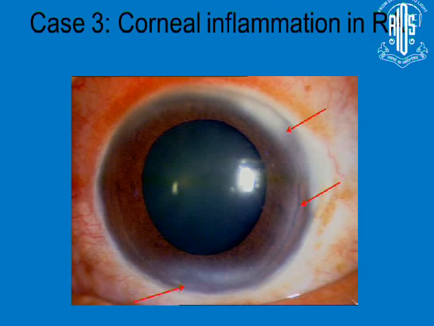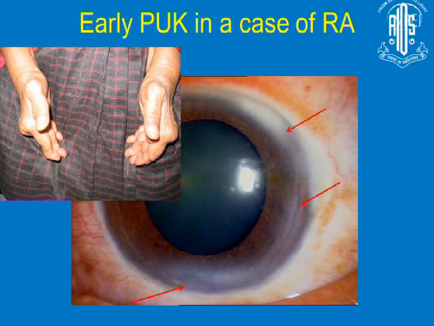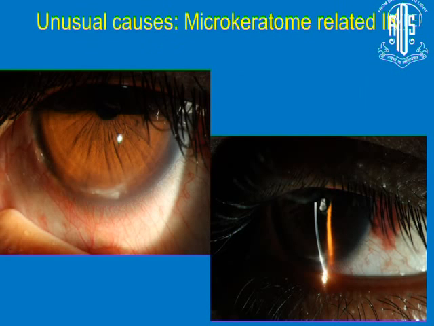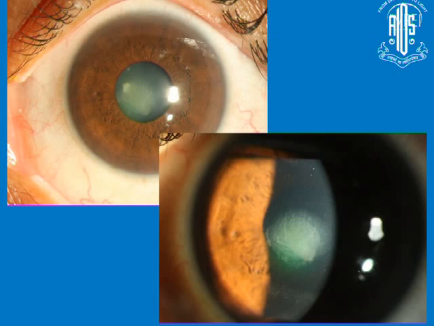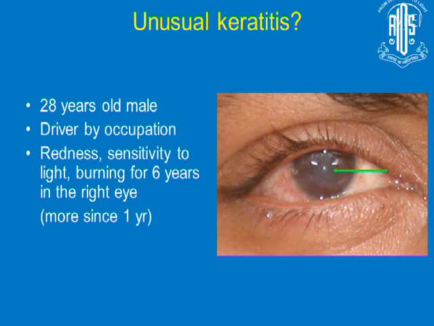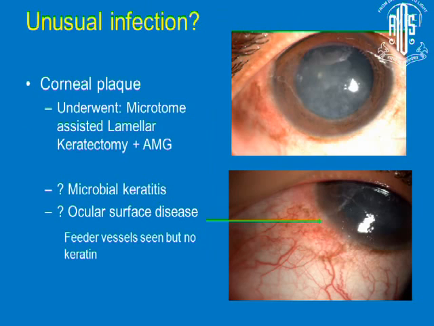And the last case, if you look at the patient as a whole, you wouldn't miss the telltale signs of rheumatoid arthritis. There can be unusual causes, including microkeratome-related inflammatory keratitis, like this patient here, or another patient who had a central flap melt or necrosis, but improved dramatically after we started the patient on steroids. And I talked about neoplastic conditions, so don't forget, when you see some unusual keratitis you can't put your finger on, and the patient has a lesion like this with fimbriated edges, you are looking at ocular surface neoplasm, even if you don't see anything beyond the limbus.